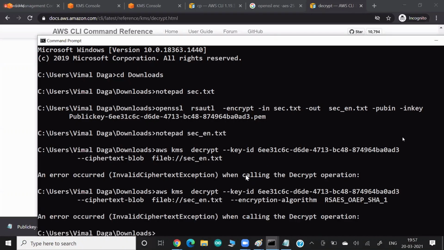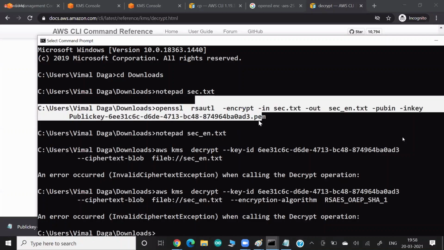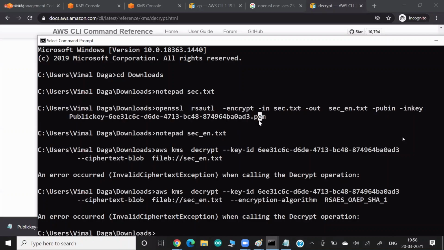Again, the good thing is the same error comes up. I'm just trying to prove to you this issue is coming because of the algorithm. So they're saying this is the algorithm we support to unlock. It means while locking you also have to use the same algo to lock. So anybody who will use this public key to lock, we have to ask them that you have to use